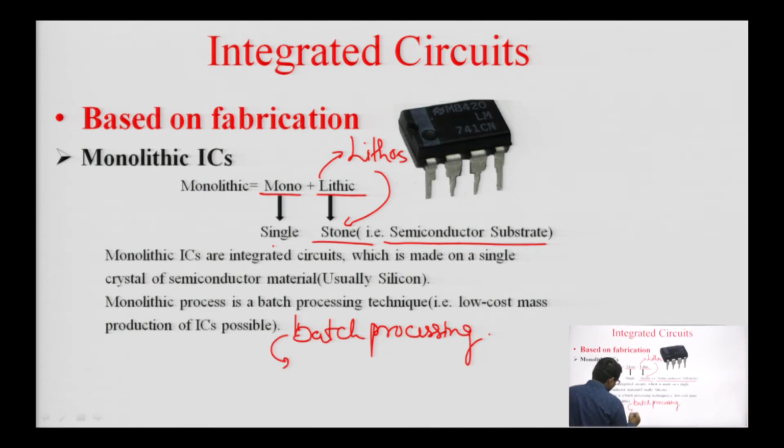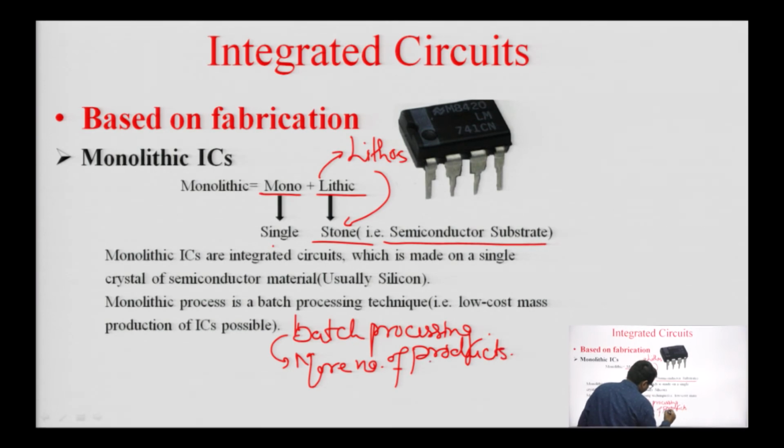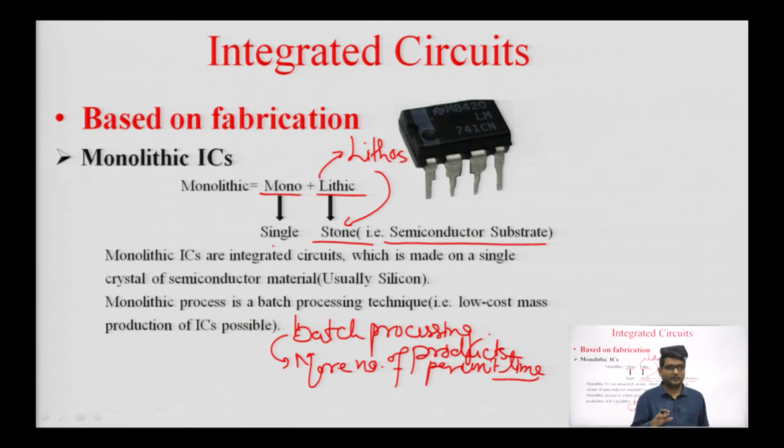Batch processing is a technical term which means a larger number of products per unit time, or mass production per unit time. ठीक है, तो अगर ये मास प्रोडक्शन है और बैच प्रोसेसिंग है, कोई भी अगर प्रोडक्शन बैच प्रोसेसिंग